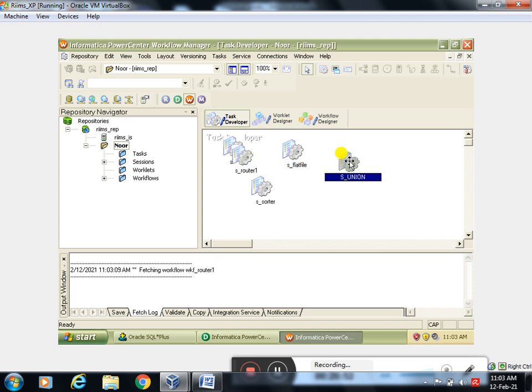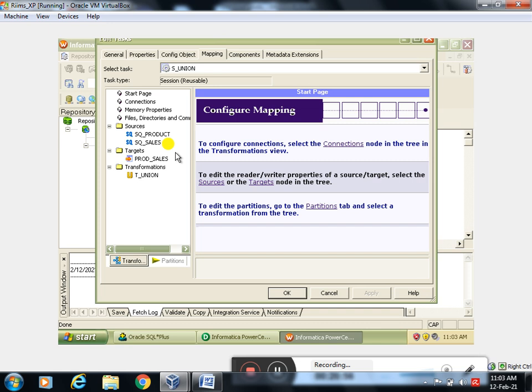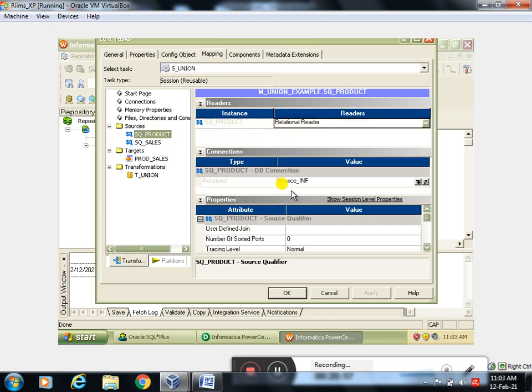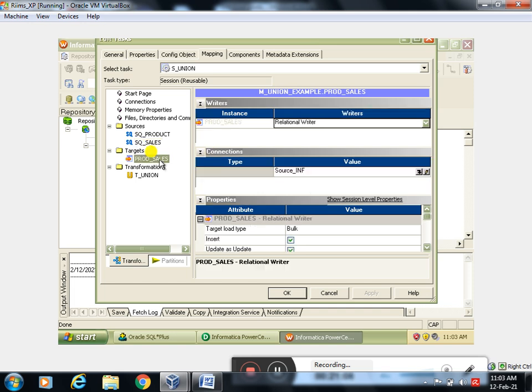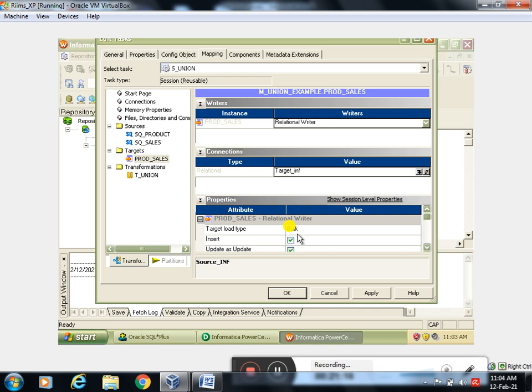Now double click on this union session object, go to mapping. Here we already have source INF for the product table, and for the second one, sales, it is also automatically selected as source INF, no problem with this. And for targets we need to change. Click on the browse button, select target INF, and target load type must be normal for your local system.